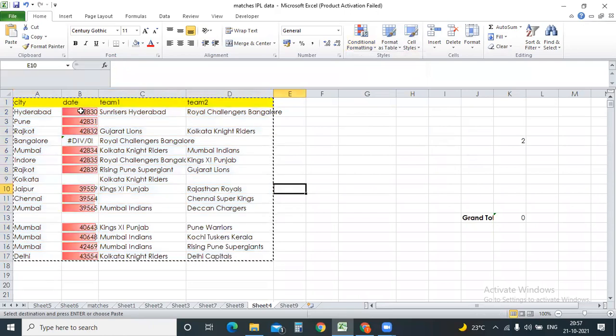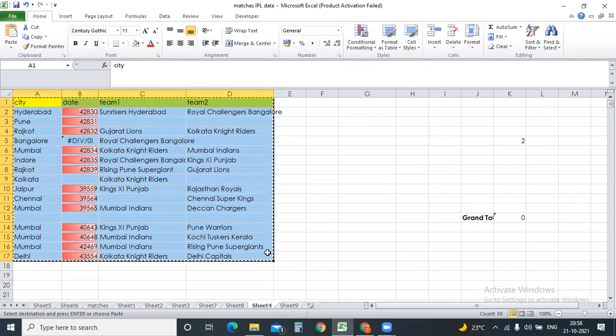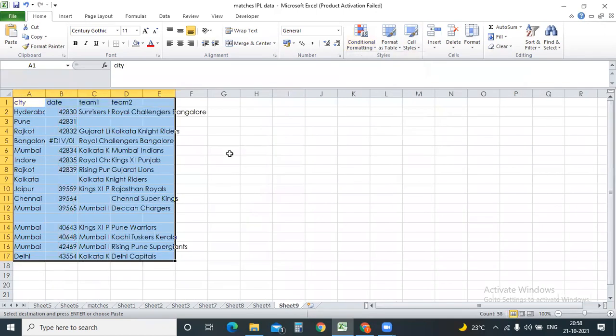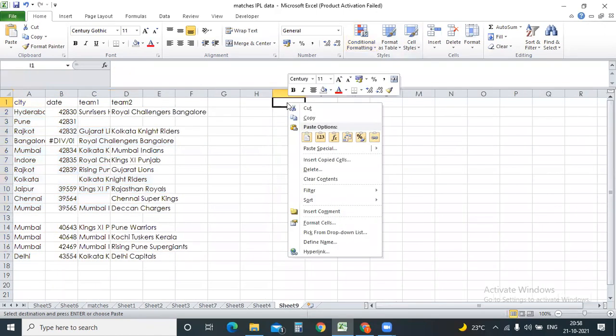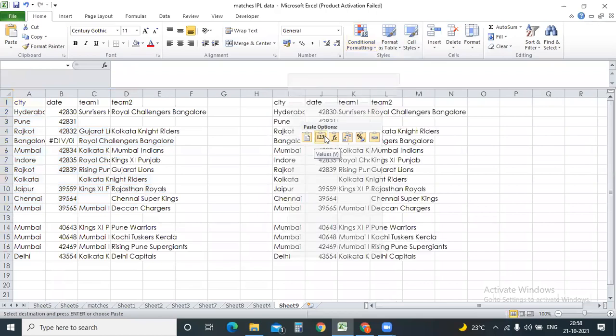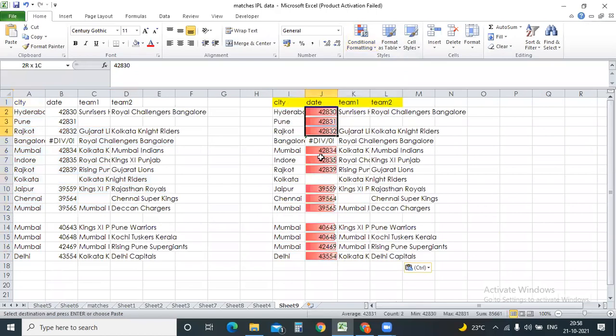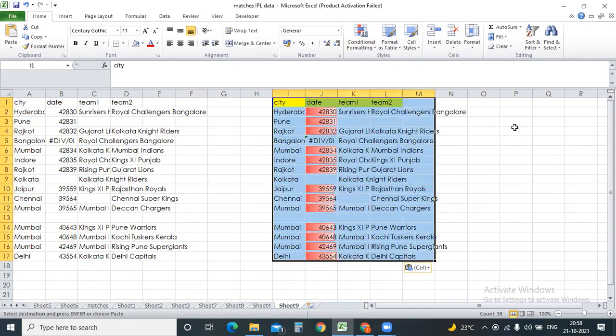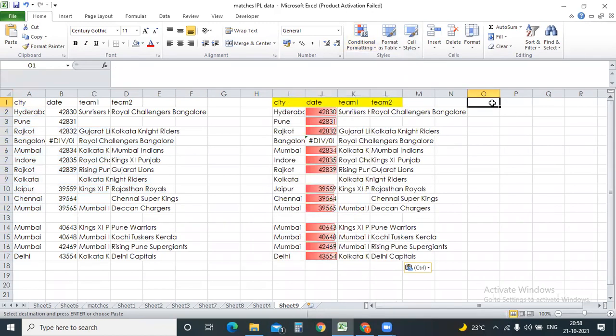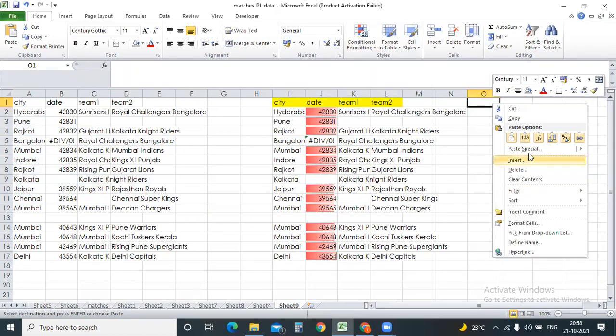For example, I'm using some different color codings over here. I need to copy the same formats. So how can I do that? Copy, Control C, next tab, paste it over here, right click on it. Okay, here it will be pasted. If you have used the paste, all the color formatting, color coding will also come into the picture. There are a lot of other options. Just select wherever you want to paste, click the cursor, right click, go to paste special and paste special options.